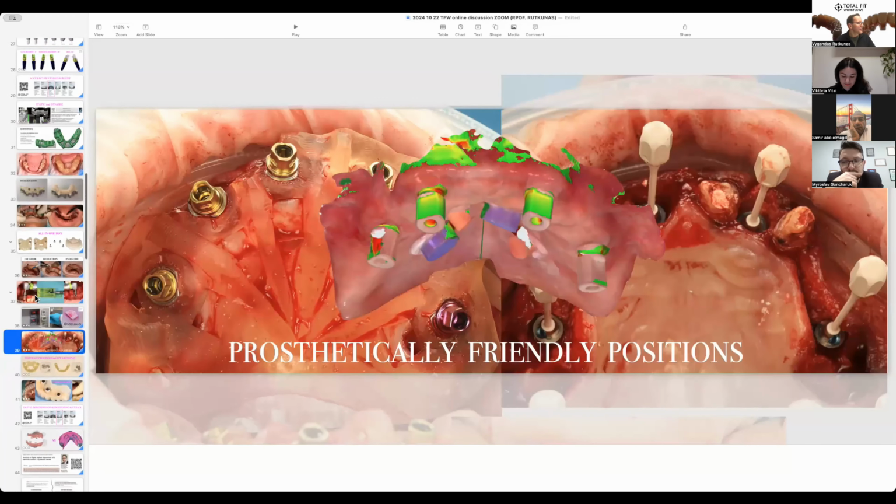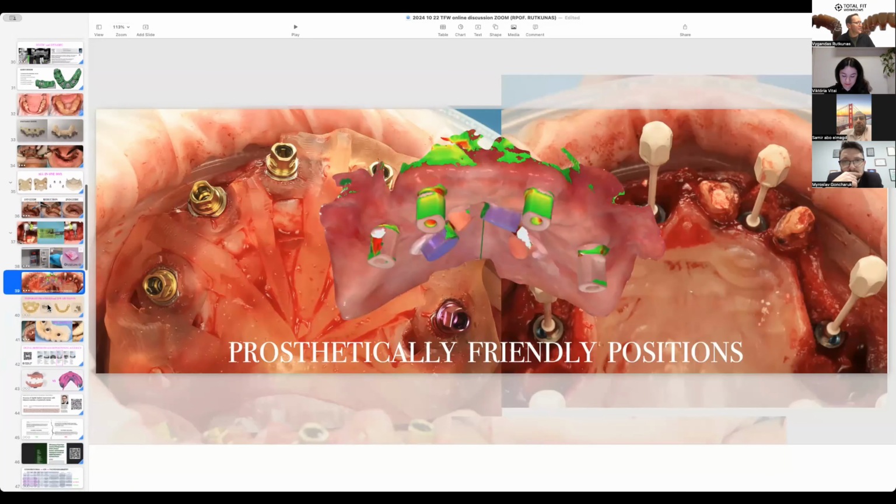Okay, so I deviated a little from immediate loading. The short answer is yes. But what is very important to consider as well is the prosthetic protocol that you will be using for immediate loading. For full arch cases, when you place implants, it's not always easy to provide an immediate prosthesis.